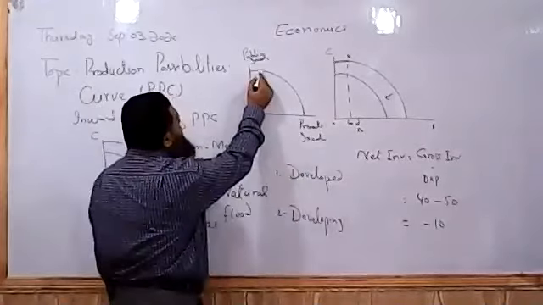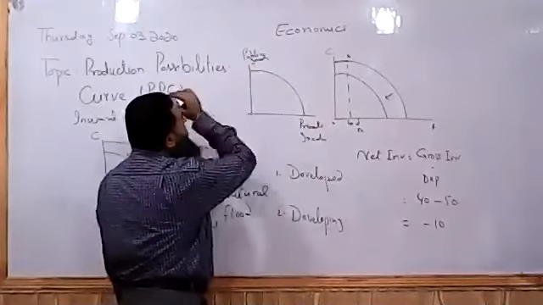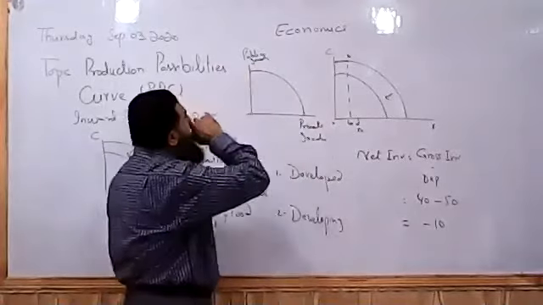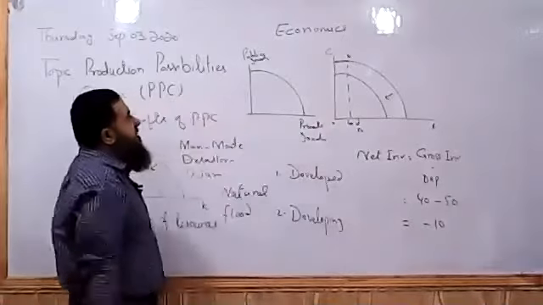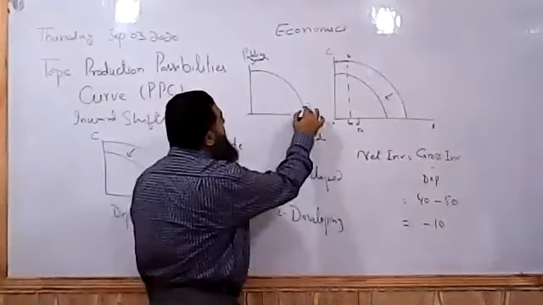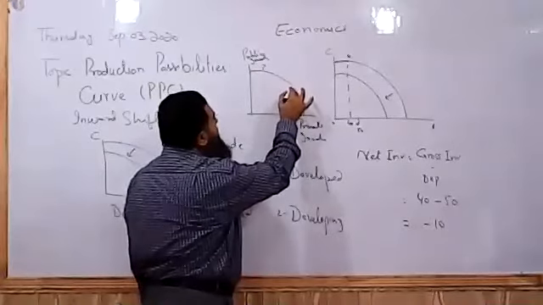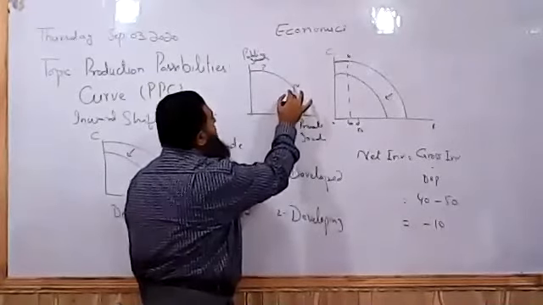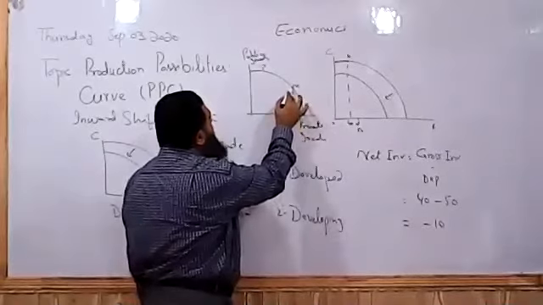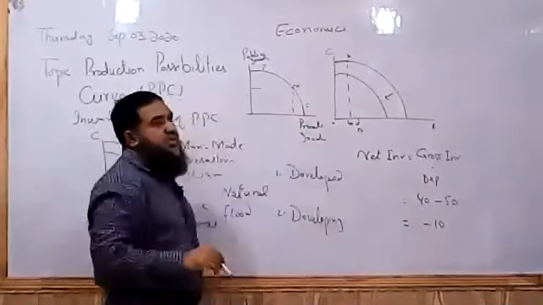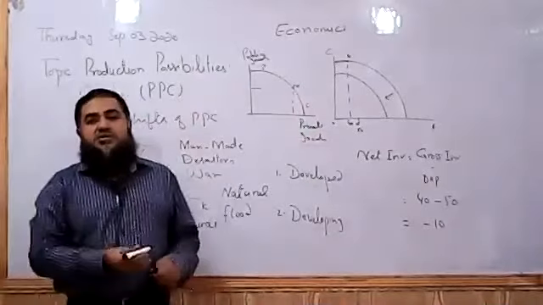Whereas if it is producing at this point where all the public goods are produced, then this point shows us that this is a planned country. Here we can say it is free market, this is planned. If the case is in between these two, then we say it is a mixed economy. Like private goods are more produced, but government is also focusing on the production of public and merit goods.